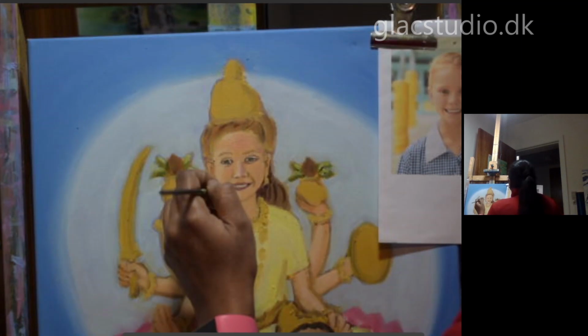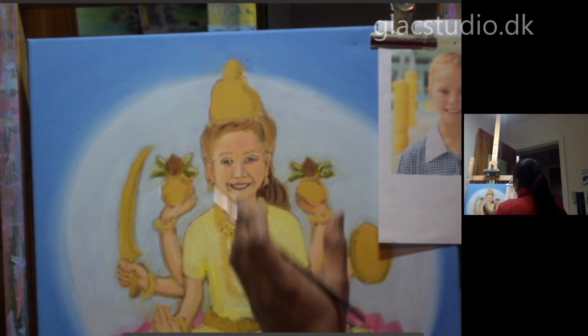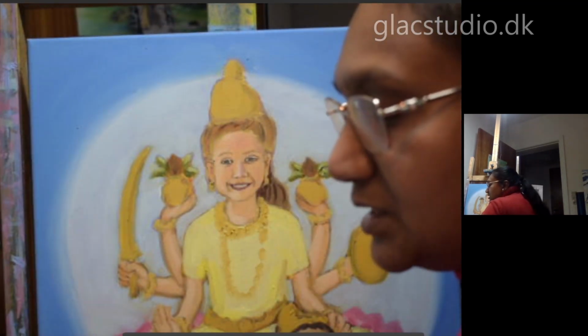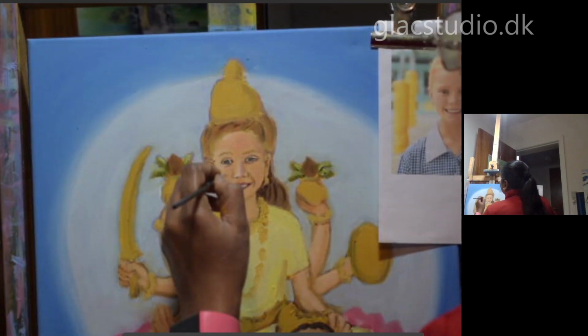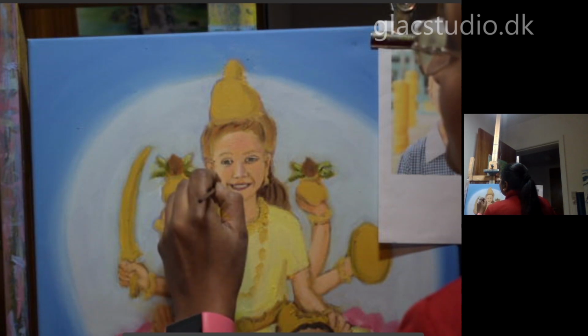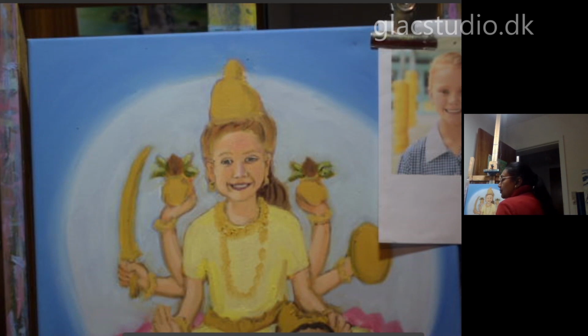The angle of that cheek needs to be, the jawline isn't right. I can see that now. Sometimes it takes a while for us to figure out errors. We just keep at it. You figure out all that. Slight adjustment to the jawline, and I want it to be clearly done. So I'm going to use